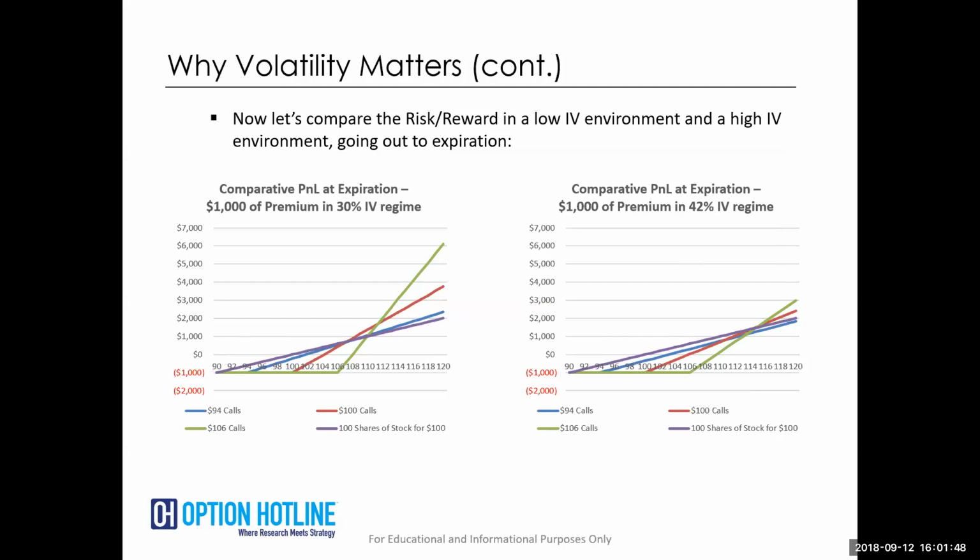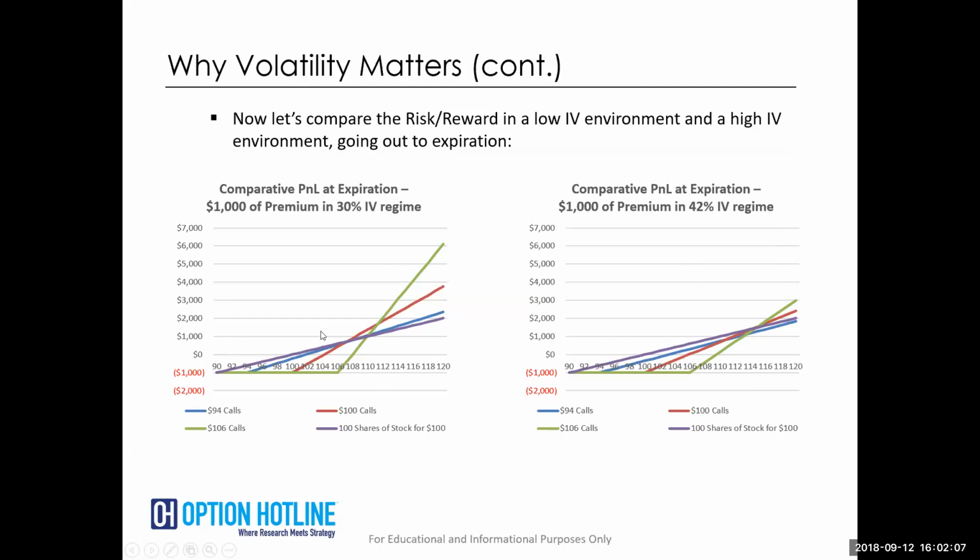But I would rather see this stuff explode. So when I find a setup where it's got a technical setup where the stock really hasn't been moving, it's in a rectangle, it's in this tight range, and it's breaking out, and this implied volatility is cheap, where I get to buy 5 of the 106 calls, not 3, 5, that's where I get my profit potential.